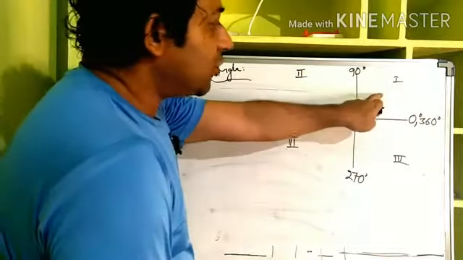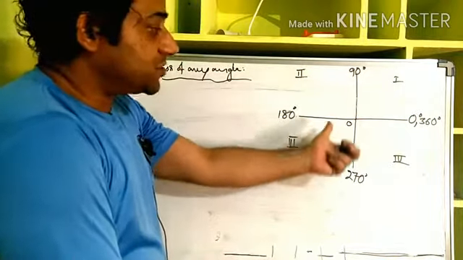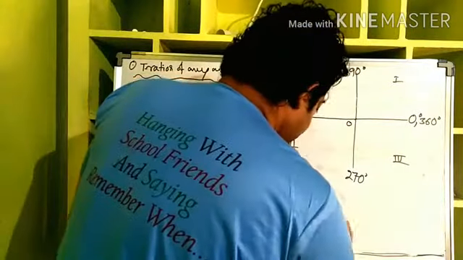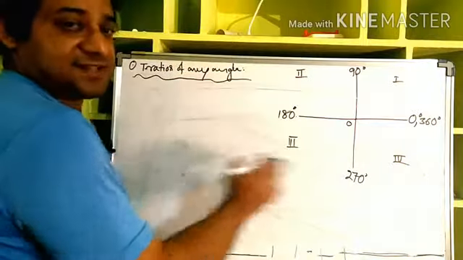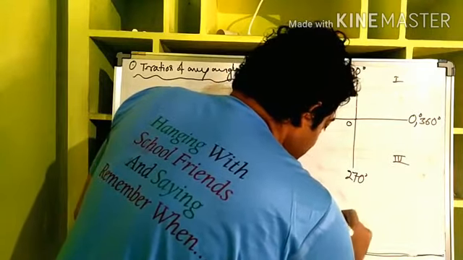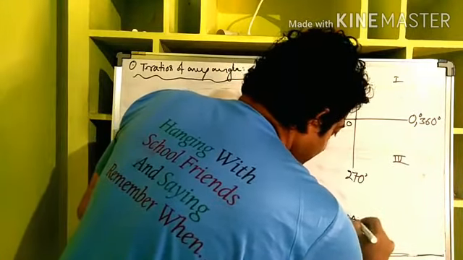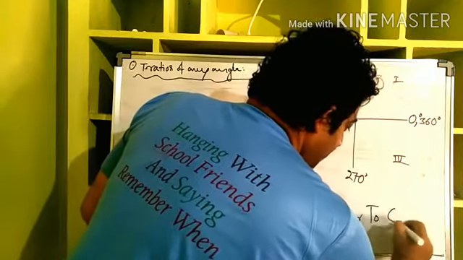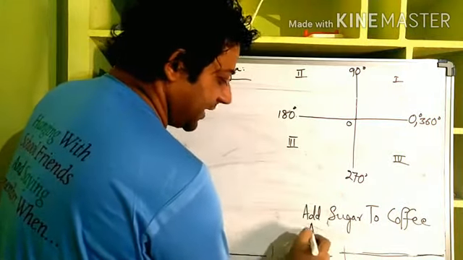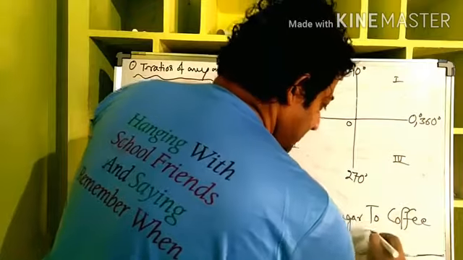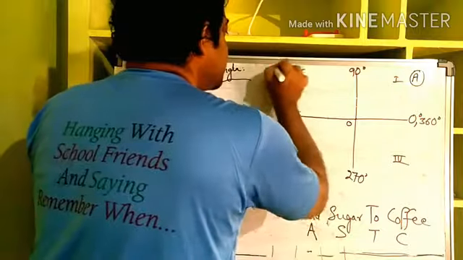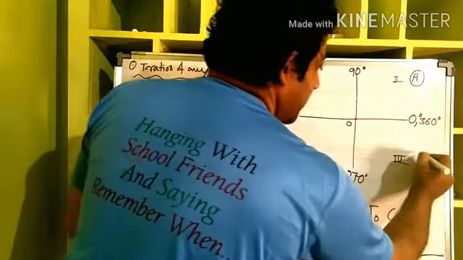Okay. Now here what trigonometric ratio is positive, here what is positive, here what is positive, here what is positive. To remember that, we will follow a simple trick which says, see, it is ASTC, but to remember that you can say, add sugar to coffee. Add sugar to coffee. So basically, add sugar, S, T, C. So we have to remember only this much, A, S, T, and this quadrant is C.